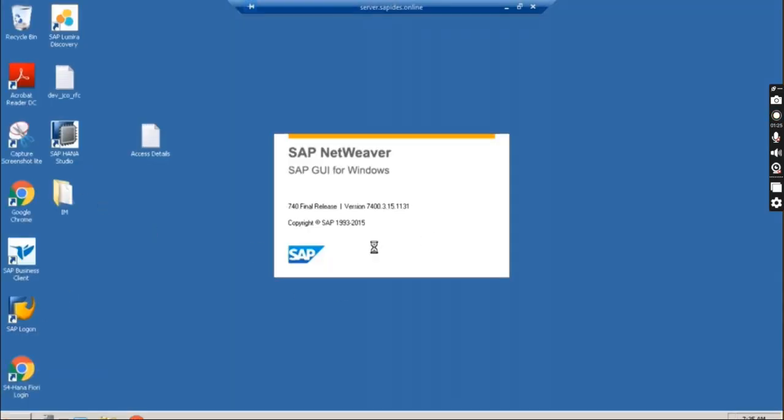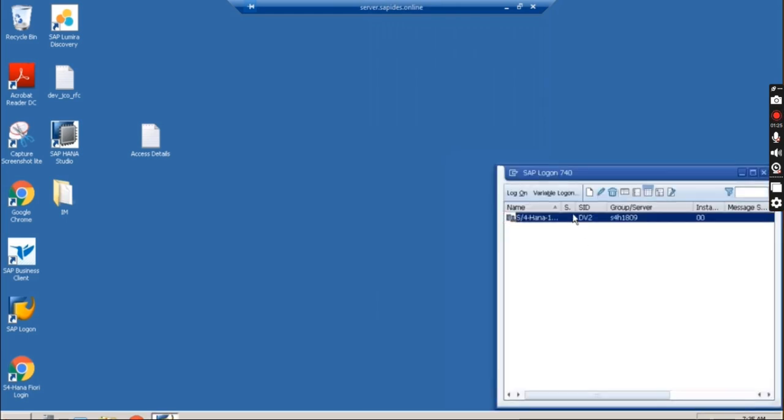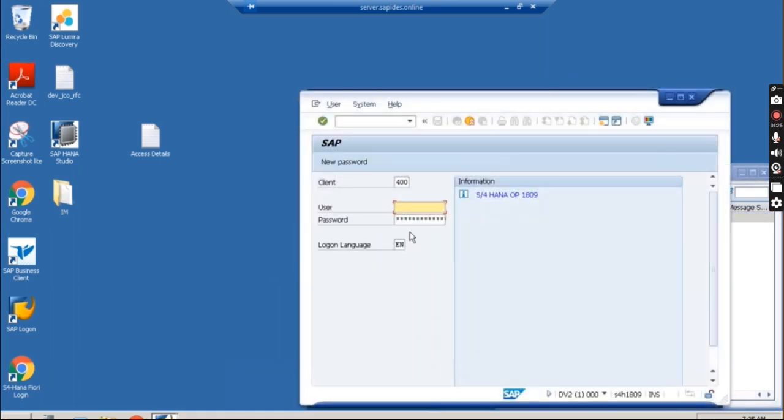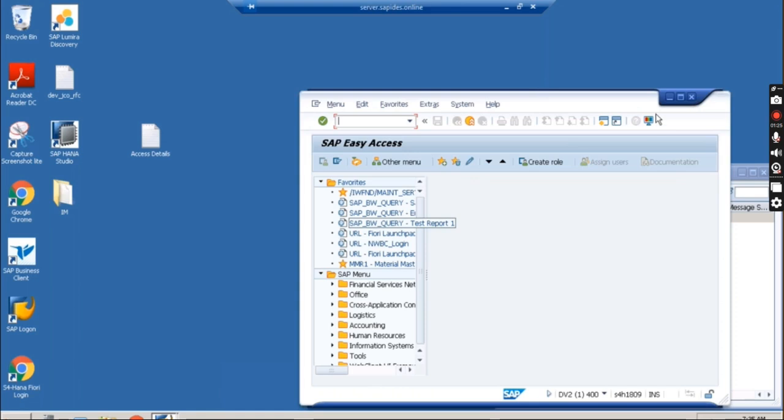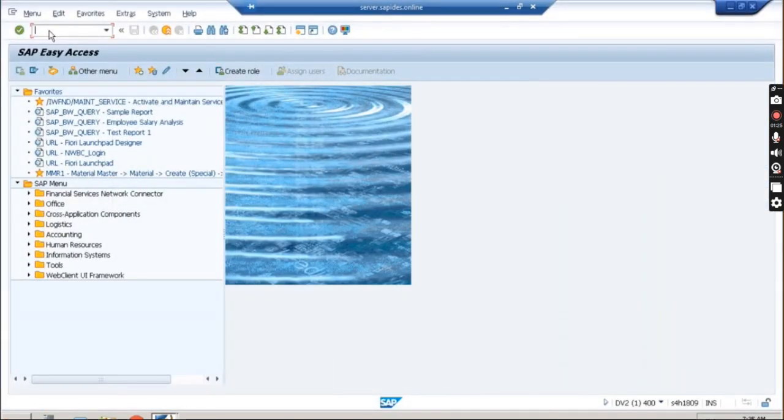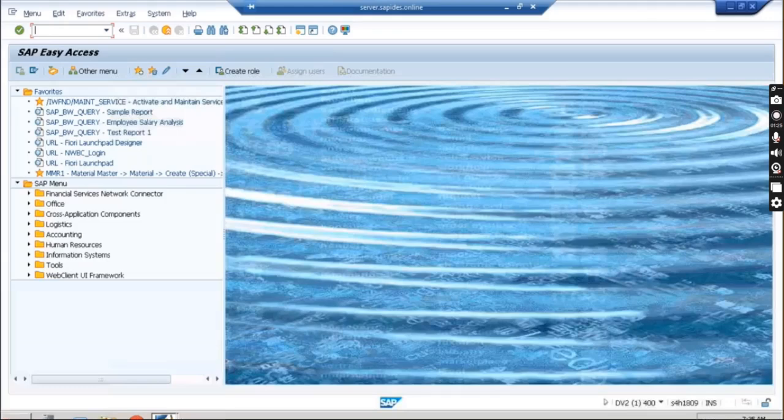So let me log into the SAP system and there we'll define one requirement. It's available in any module. We can use it in any module. For example, suppose